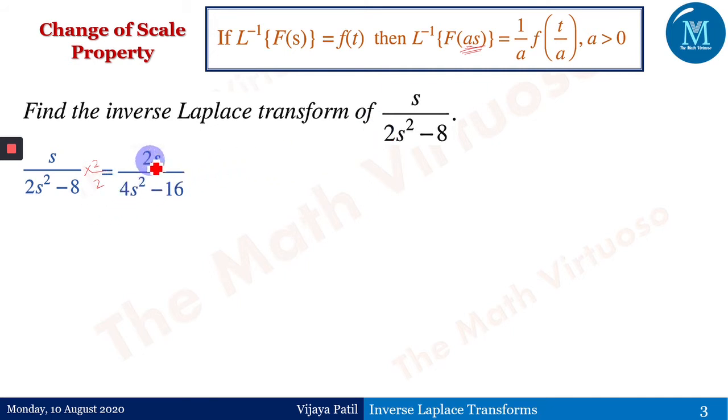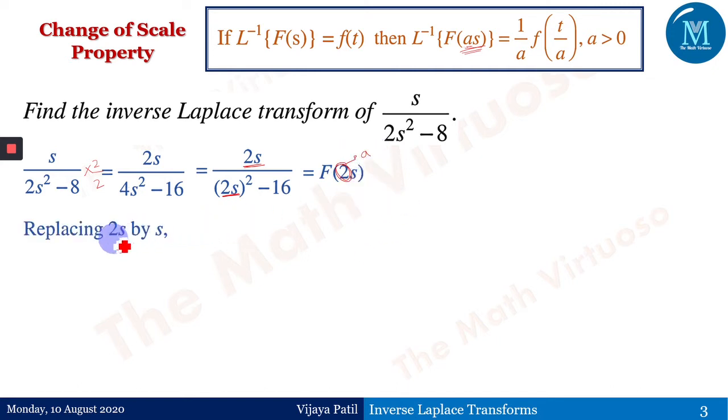So we wanted to have 4s square here. Actually it's 2s square, and that is why we have taken one more extra. And because I can't do it only for the denominator, we have to do it in the numerator as well. Therefore it is 2s upon 4s square minus 16, which is equal to 2s upon (2s) square minus 16. Now you could understand what this 2s is. Whenever I have my s in the function, it is accompanied by 2 everywhere. So in this example, the value of small a is 2.